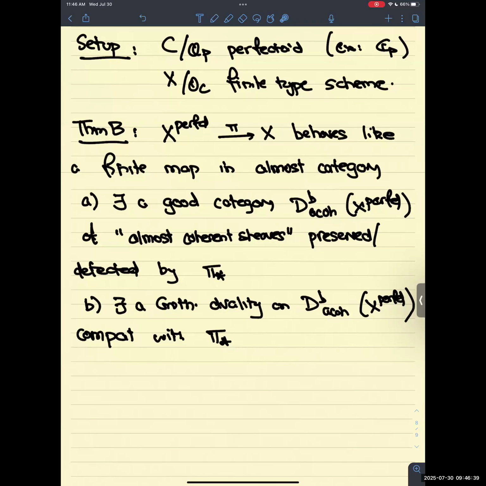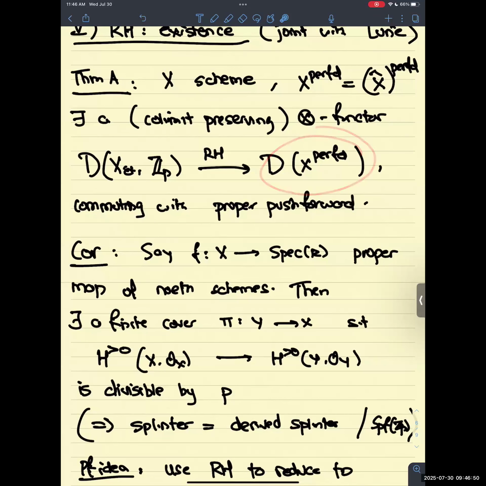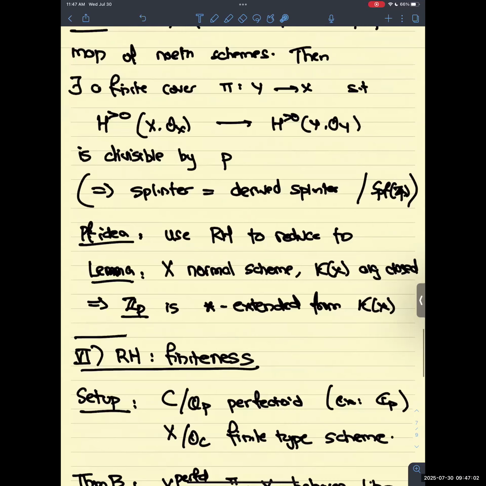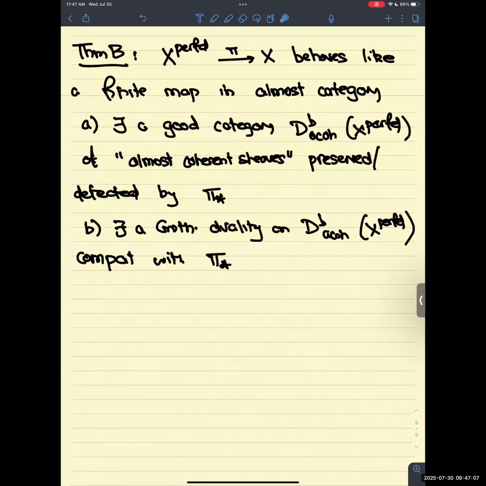And so what this is saying is that there is a good finiteness condition on the coherent side, which is almost coherence. And if you recall, in the Riemann Hilbert functor that I mentioned before, the target was quasi-coherent sheaves on X perfed. So on this side, I just told you that there is a reasonable finiteness condition. On this side, there's a very classical finiteness condition, which is constructibility, which is important for Grothendieck and all the subsequent work on étale cohomology. And so part C of this theorem is, let